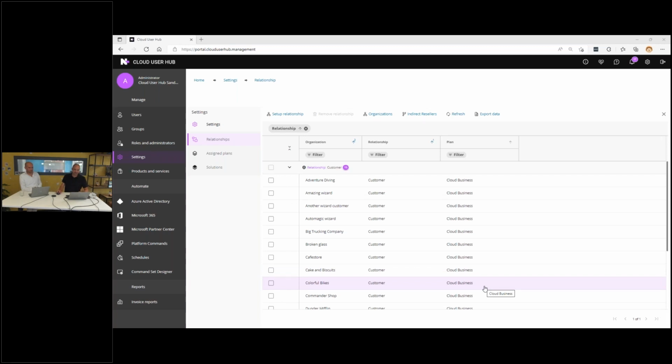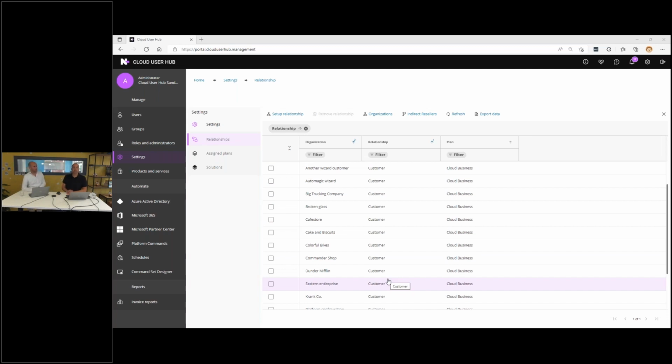First of all, before you can actually do something with roles, you need to, of course, onboard your customer. We have a wizard that can onboard multiple customers at once. That's also the wizard that you would use if you would start using Cloud User Hub. Principally speaking, that means that we can read back all the customers that live in your partner center. So that's a list of customers that you see over here. And then those customers will be assigned solutions.